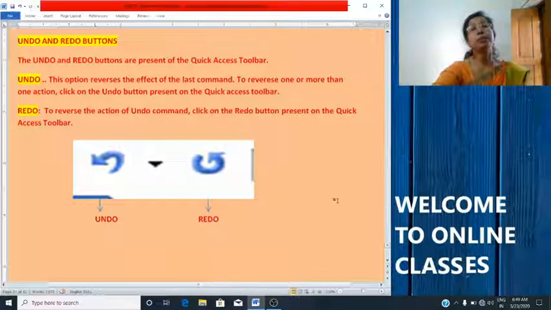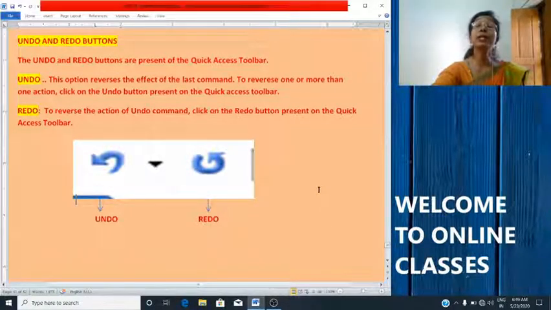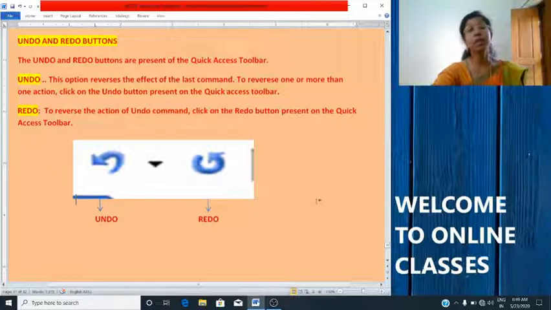Undo is an option available in Microsoft Word where you can get back to the last action performed within the document. This option reverses the effect of the last command.